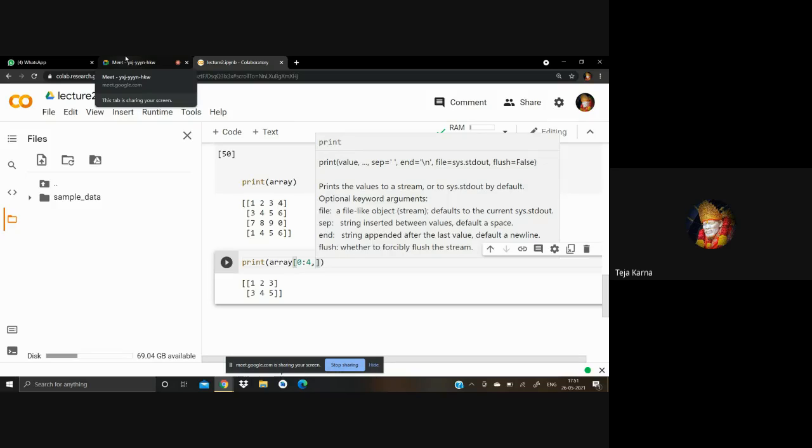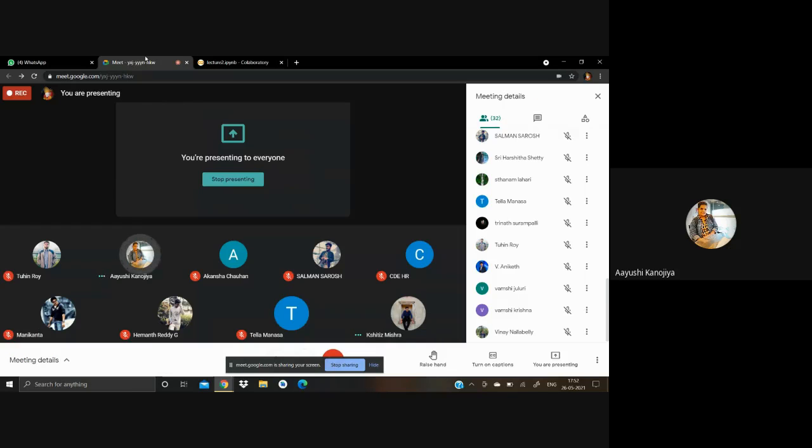Now we have to print the last two columns. We have printed all the rows. Now we have to print the last two columns. So what will be the syntax? 3 colon 4. 2 colon 3, नहीं, 2 colon 4, I think. 2 colon 4 by आयुषी। अच्छा, दूसरा किसने आंसर दिया? क्षितिज, आप क्या आंसर दे रहे हो? Sir, 3 colon 4.